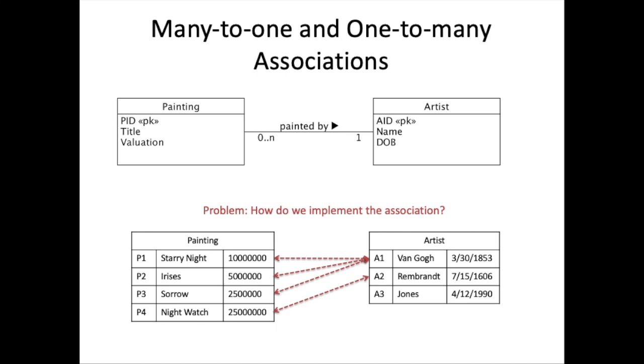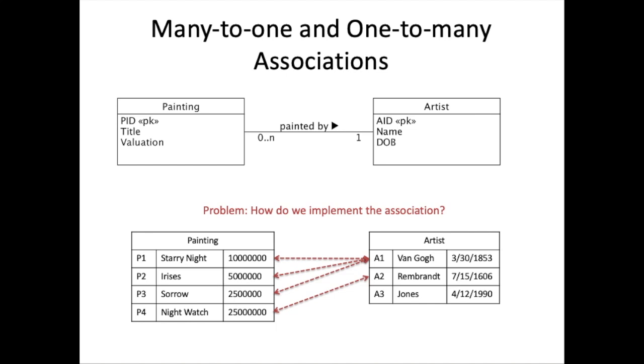Next, I guess we want to think about many-to-one and one-to-many associations. Basically just the same thing, just depends on which direction you're reading it. Right? So if we read this from left to right, we've got many-to-one. If we read it from right to left, it's one-to-many. And so in this example, I'm looking at